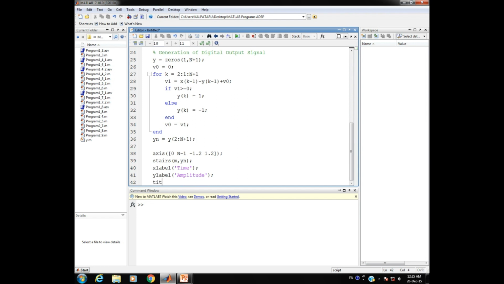Afterwards there should be a title to this plot where the output signal in digital form is displayed. So here I write output of sigma delta quantizer.